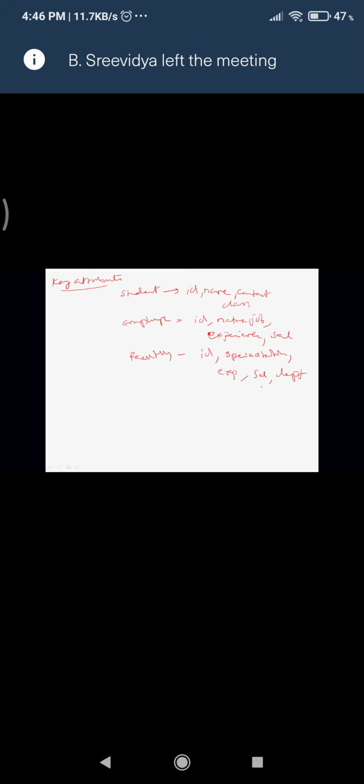Then the faculty, which I have identified as an entity, also has a specialization, as I told you, then experience, his salary, which department. Like this we have a lot of attributes. Now, in these attributes, we have to identify which is the main one, so that we can convert that into a key attribute. Now, how will I identify it?